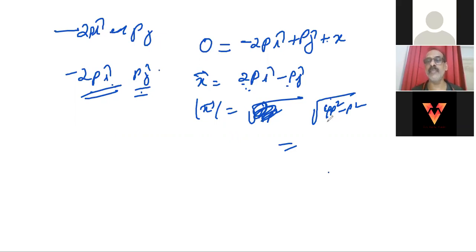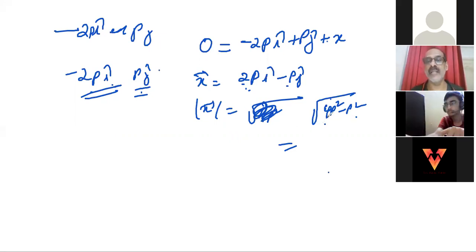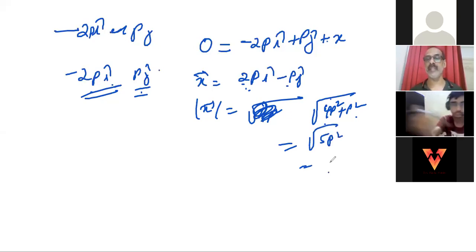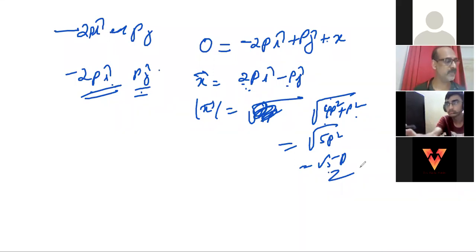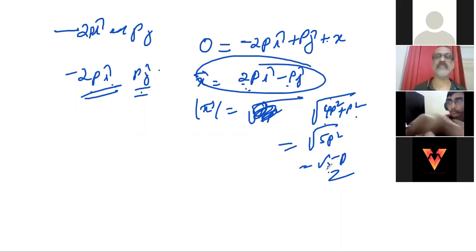Now how much will it come? 4p squared minus 1p squared. Agreed? But that should come plus p squared, right? Yes, sir, because we're taking the formula is different, right? That is plus p squared. So it should be 5p squared. Then root 5 of p should be the answer. It should come root 5p. That's a mistake in the problem completely. 4p and 1p, it wouldn't come minus. So it should be root 5p.